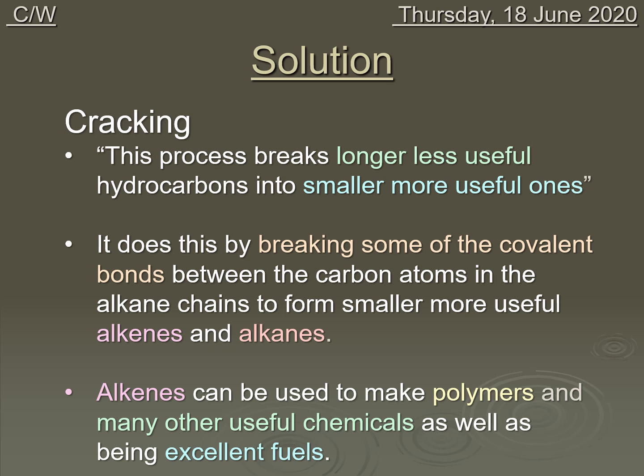Cracking is having sorted out a set of Lego, so let's say there are some bricks that are 2 by 10 long, and those are too big for us. We don't want to make anything out of those. We want little bricks. Taking a hacksaw and cutting those bricks up. So the first one, fractional distillation, is sorting alkanes into a group of similar things, whereas cracking is changing alkanes from big molecules into little molecules, making the Lego bricks smaller so we can do more things with them. I know the Lego analogy is silly, but I quite like the idea of sorting versus cutting, or fractional distillation versus cracking. Fractional distillation you sort, cracking you cut.